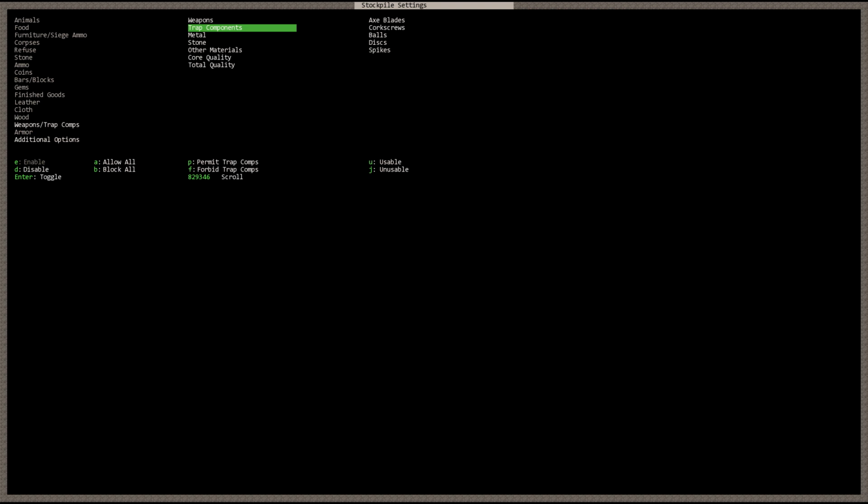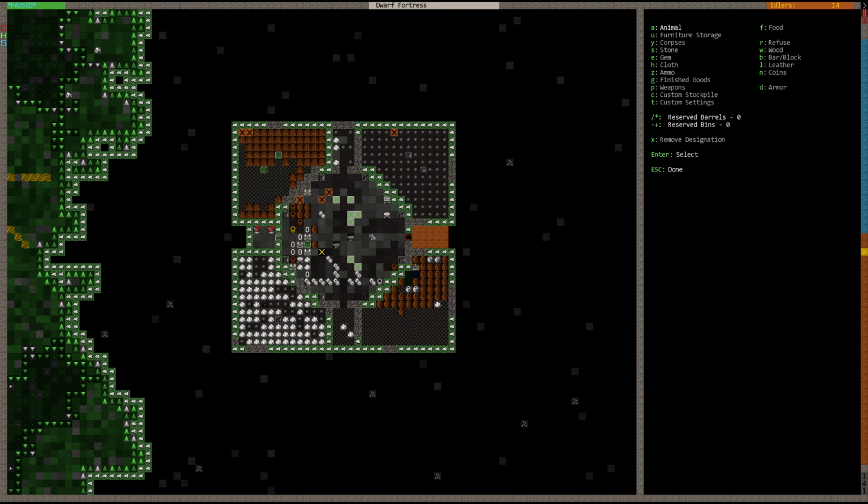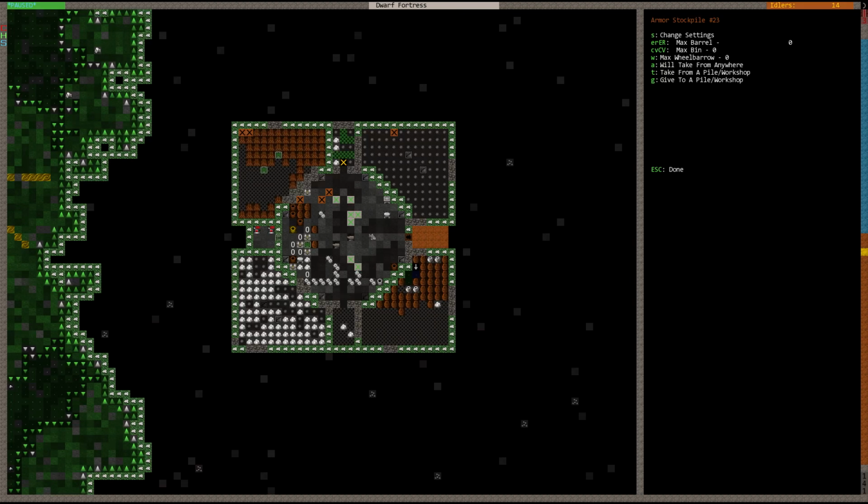Weapons, trap components, metal. Oh, these are the type of items that they're created with. Let's go ahead and just do weapons. So they can store weapons here. Up here we'll have armor. Yep, we'll have armor there, and let's go ahead and give them some bins to put all that stuff in. Just maximize both of these with bins. And then let's do